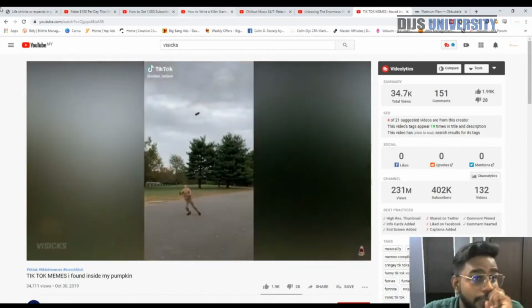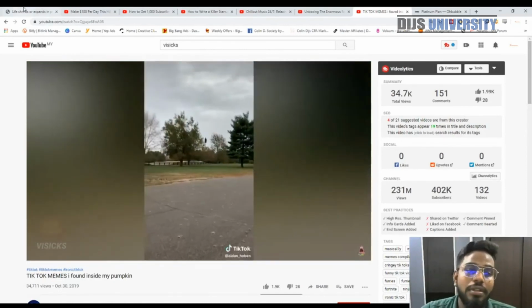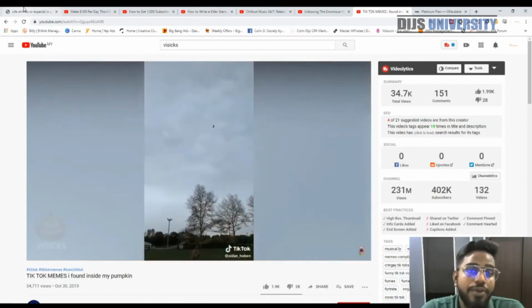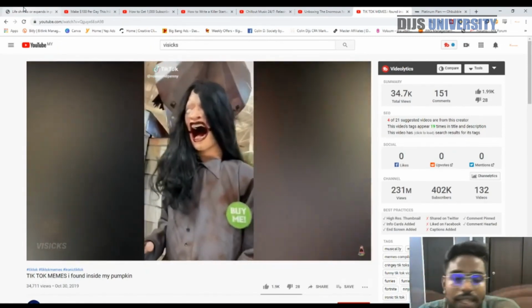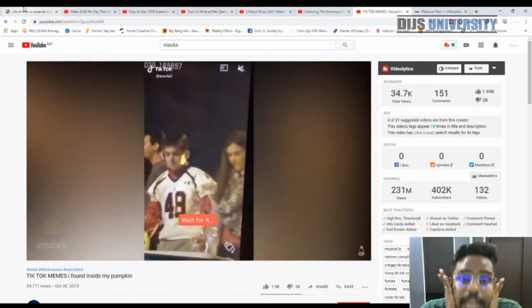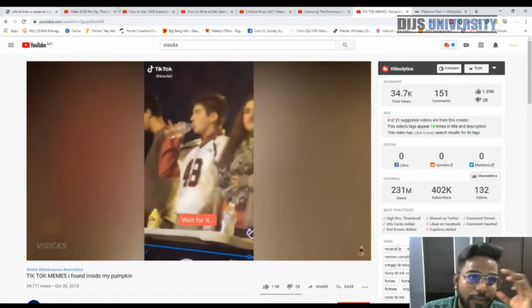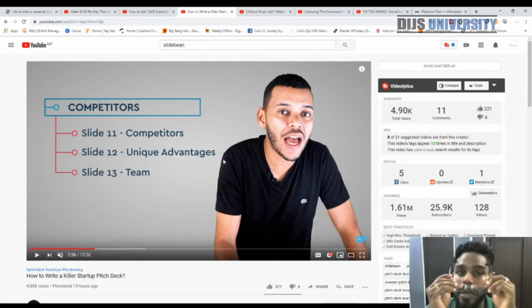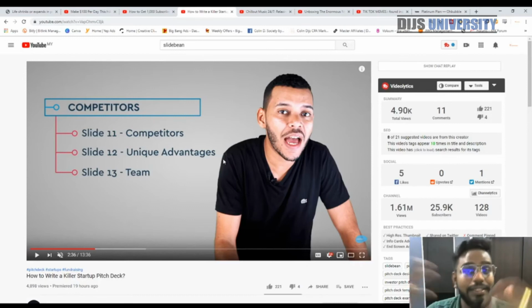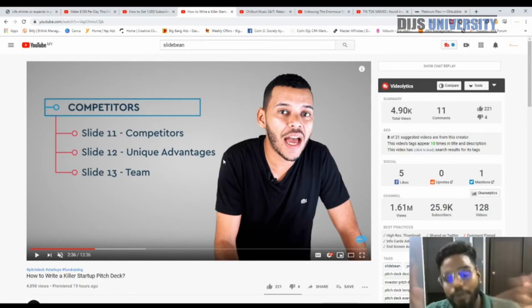Most of the creative angles that I show you require a very little amount of investment, usually only a webcam as well as a sound recorder microphone. Other than that, you will only need free software like OBS or Shortcut, other than this one with Slidebeam, which is a little bit advanced, where you need a videographer and a VFX editor. Maybe you do it in Adobe After Effects or Sony Vegas. It's totally up to you. So this is a little bit advanced. Other than that, everything is very simple to do. I'm not saying it's easy, but it's not hard as well. So you can go ahead and try it.